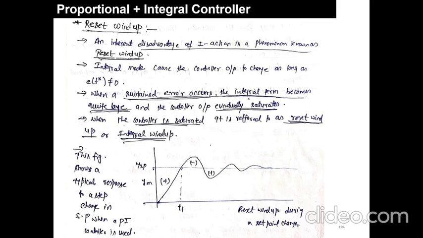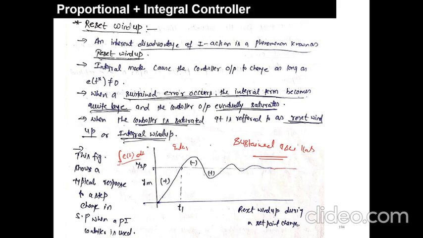Okay, so the most important topic is the reset windup. Let's say this is the response of any system, plus minus plus minus, and it comes due to the sustained oscillation. You have to remember sustained oscillation. This oscillation comes due to the integral controller. Until this error becomes zero, the integral controller will work, and the response will continue until the error becomes zero.